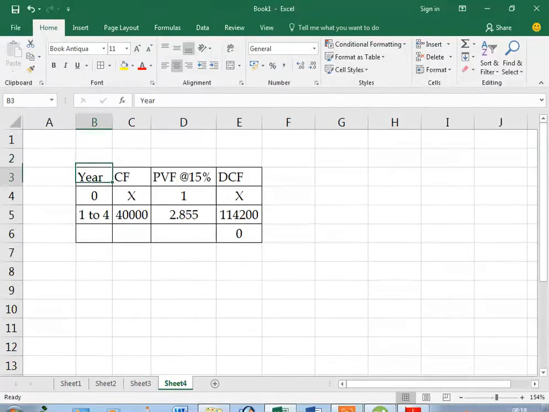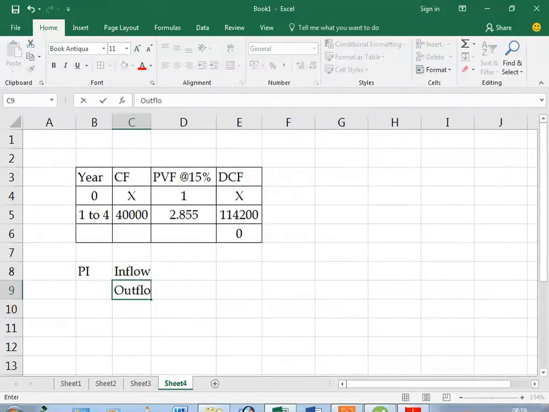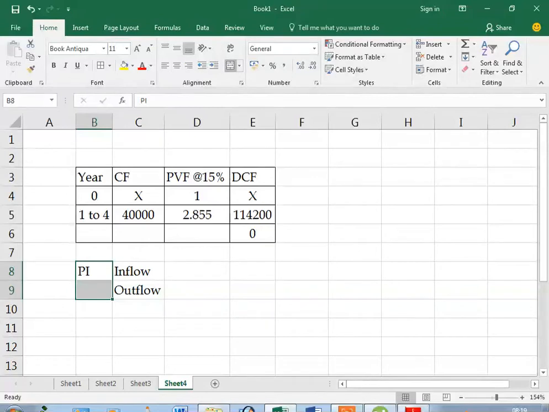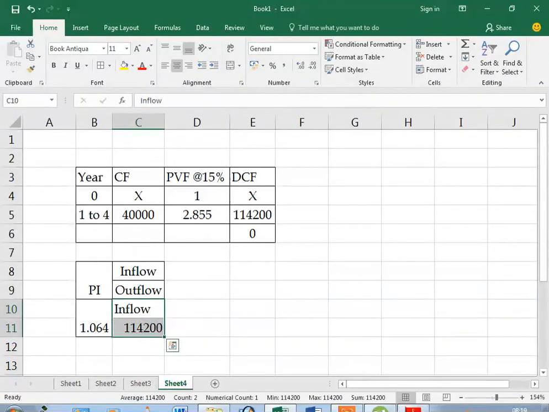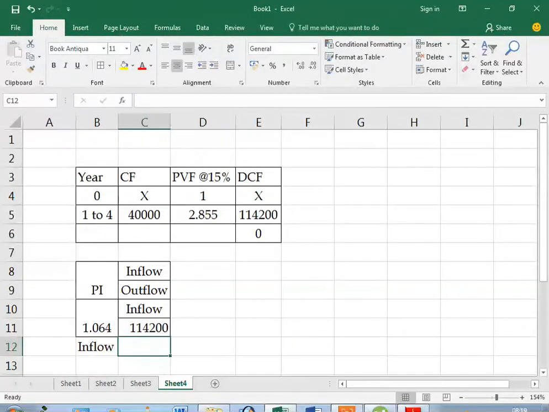Calculation of NPV. PI, profitability index, equal to inflow divided by outflow. PI is how much? 1.064 is equal to inflow divided by 114,200. Then inflow is equal to 114,200 into 1.064, and NPV is